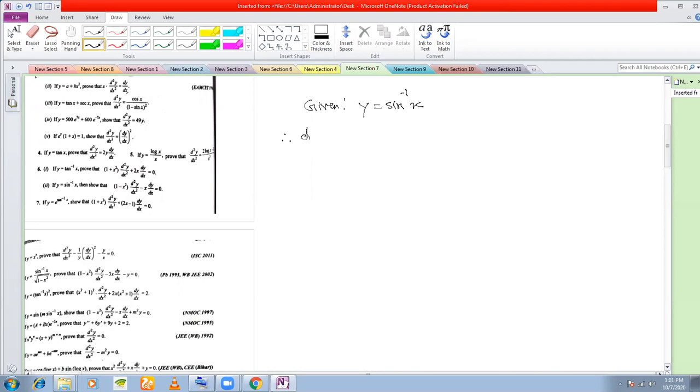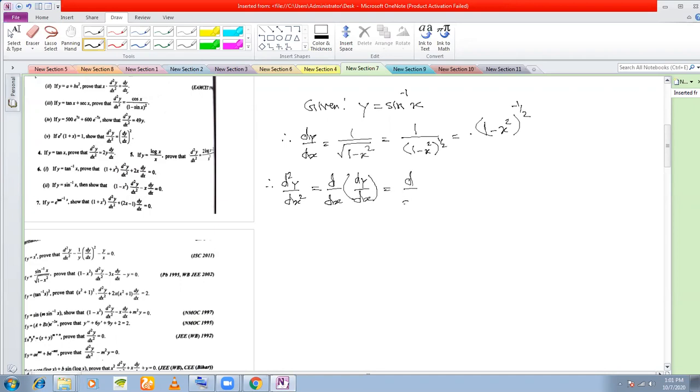Therefore, what is dy dx? Dy dx is 1 by root 1 minus x square. That is the derivative of sine inverse x, right? What is d2y dx2? Or better you write this as 1 by 1 minus x square to the power of half, and you write this as 1 minus x squared to the power of minus half. So d2y dx2 is ddx of dy dx,